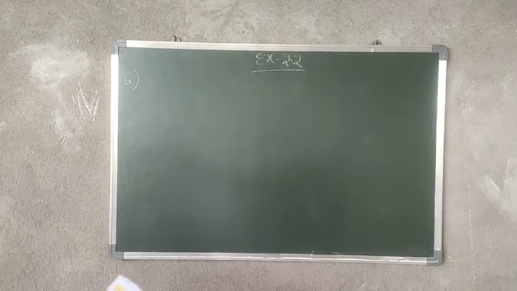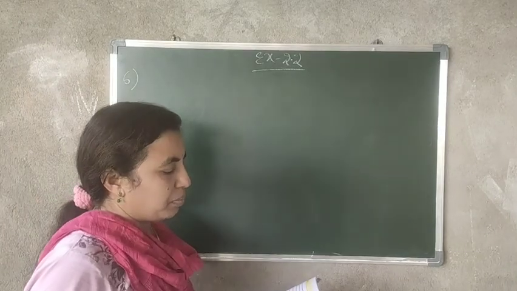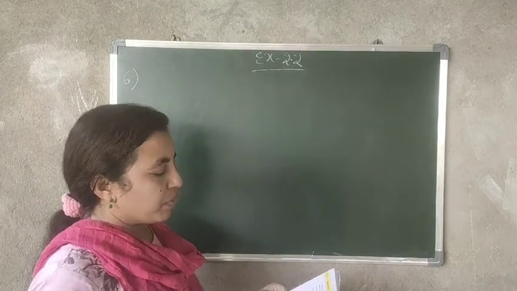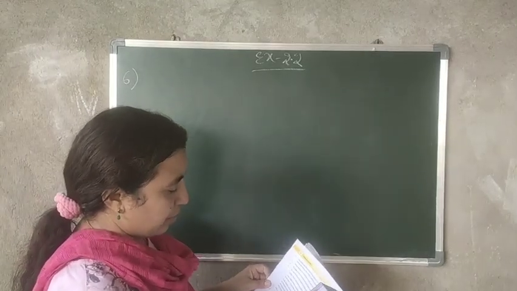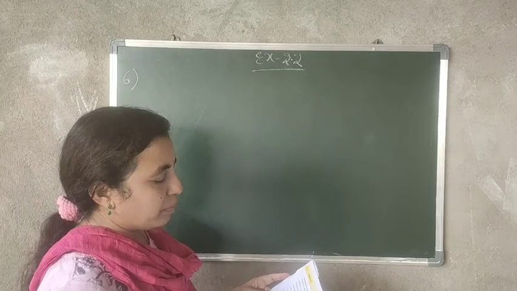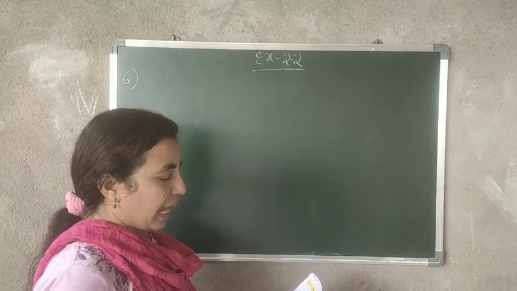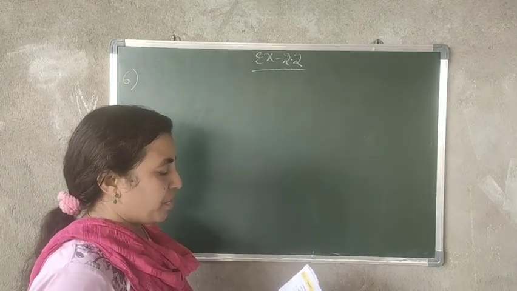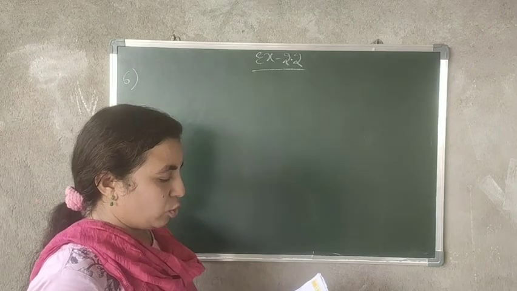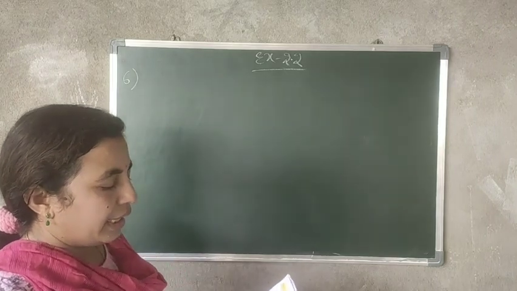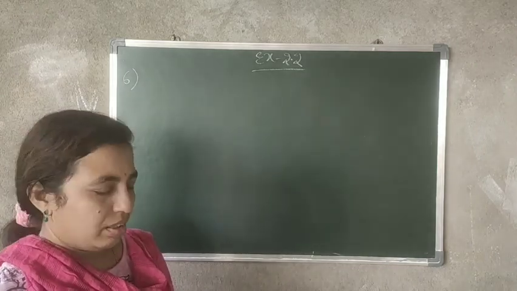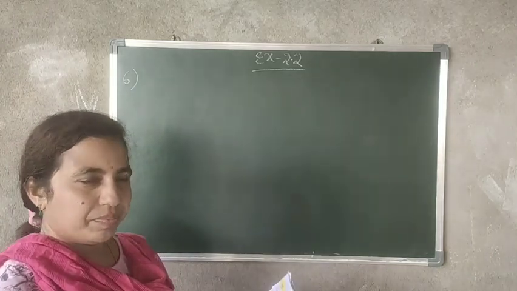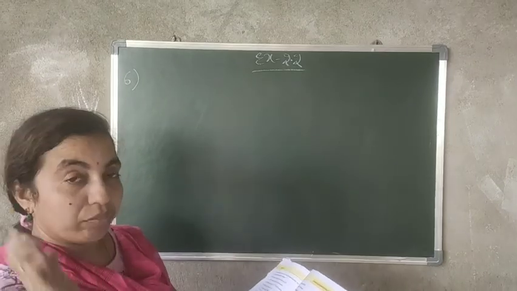Now from the exercise, the 6th problem. Already up to the 5th problem it's completed as homework. Now see the 6th one. A man walks 10 kilometers, then travels a certain distance by train and then by bus as far as twice by the train. If the whole journey is of 70 kilometers, how far did he travel by train? Very easy one actually. Shall I give you this as homework? I'll just explain and then you have to complete it.